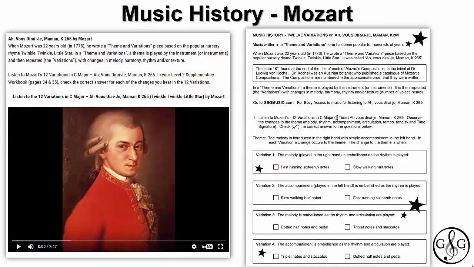One of the listening activities is in the Level 2 workbook on music theory, where you will learn about Mozart and his life and his music. One of the listening activities is the 12 Variations on Twinkle Twinkle Little Star. Under the free resources, you will find the music, and this is just a convenient reference along with other listening guides for you. As you complete this exercise, have your workbook out, and go to Ultimate Music Theory and to the free resources.